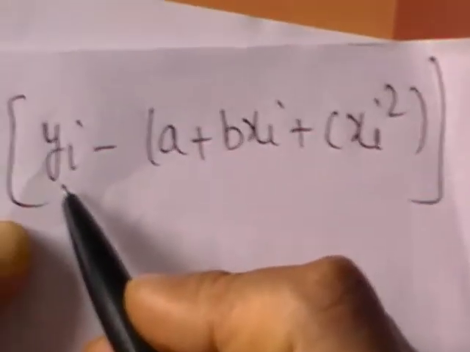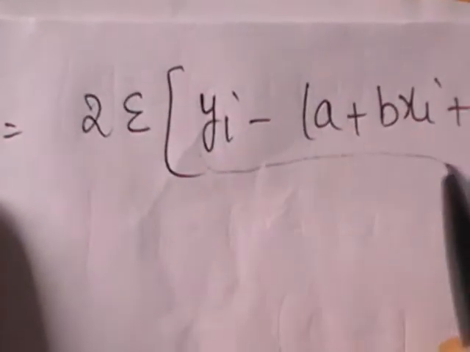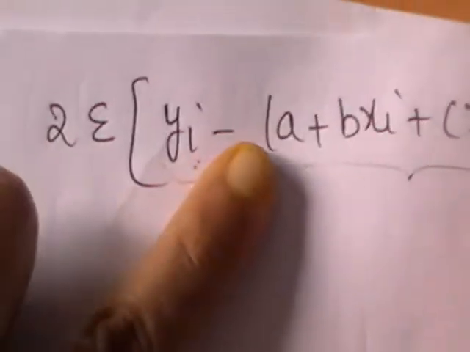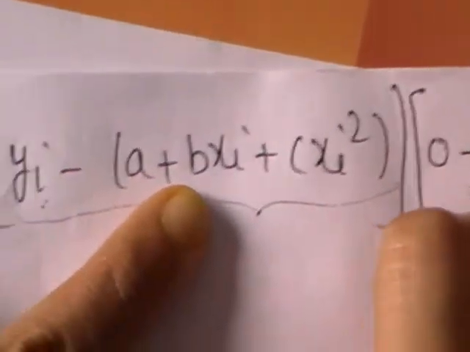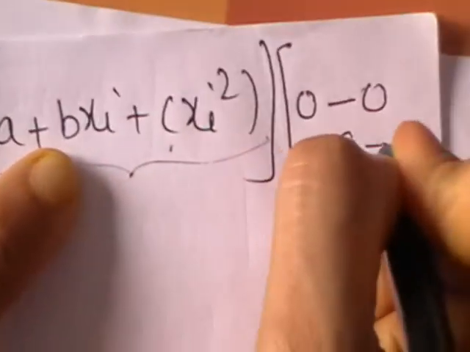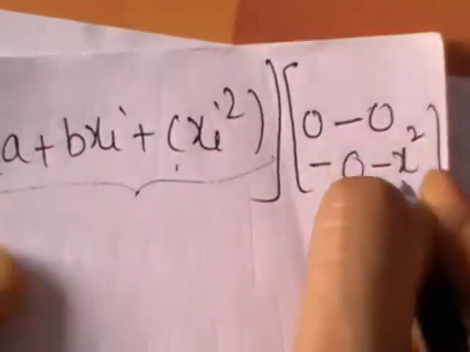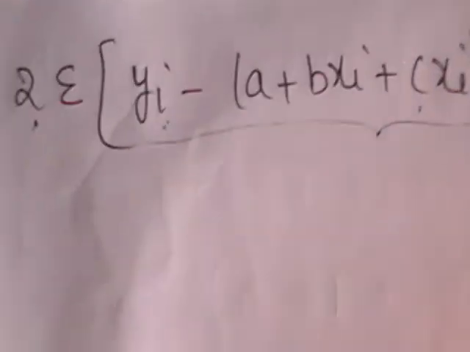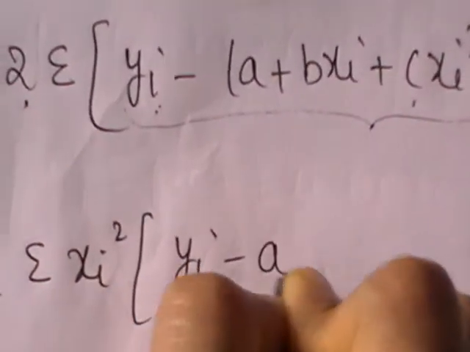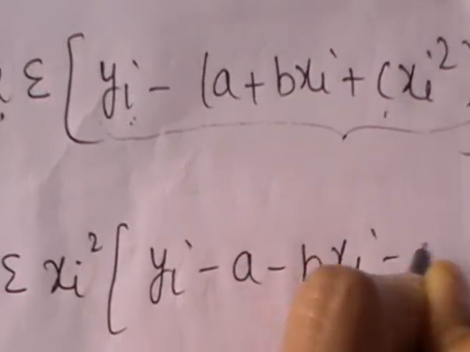So you need to find out the derivative with respect to c, the entire one. There is no c term here, you will get 0 here. There is no c term, 0 minus 0. Here you have c. c derivative is 1. You will get minus xi square. So again here the same logic, 0 0 0, minus you put in front of 2, minus xi square, you have yi minus bxi minus cxi square.